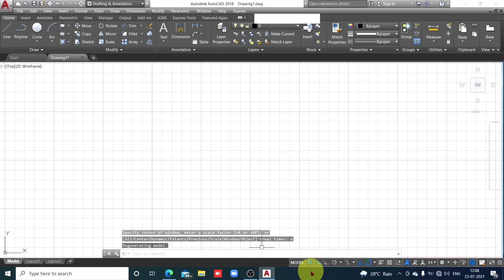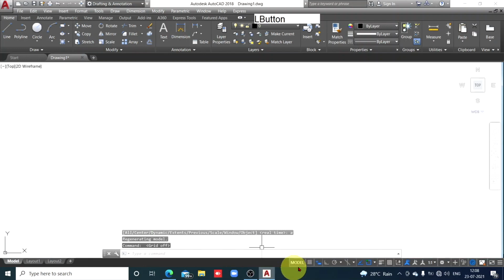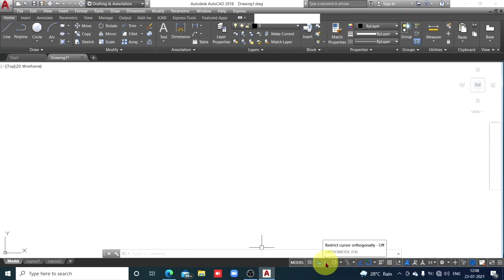I don't want this grid, so I'll make the grid mode off. Be sure that dynamic input is on, ortho mode is on, snap reference lines and snap cursor to 2D reference points are on, and I'll make the line weight also on. So initial work will be in construction lines. For the construction line, I'll choose 0.15 millimeters. So construction line weight is 0.15 millimeters.